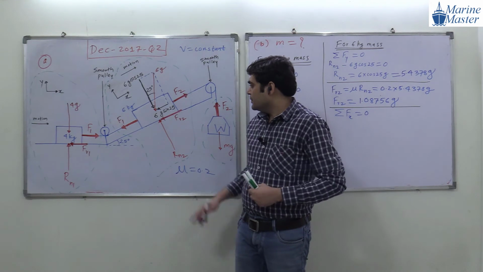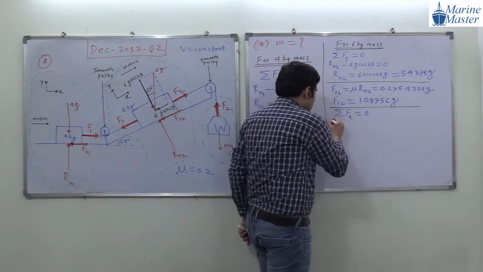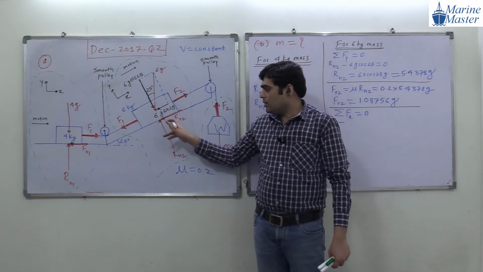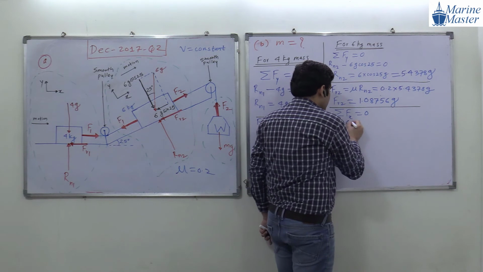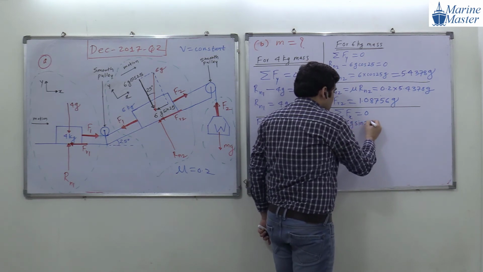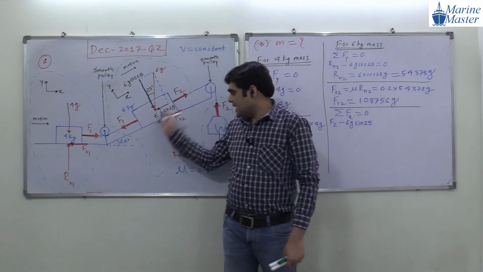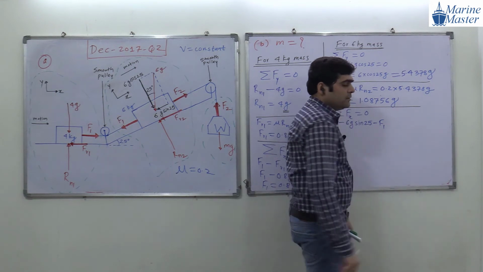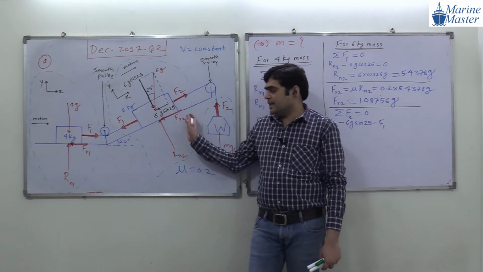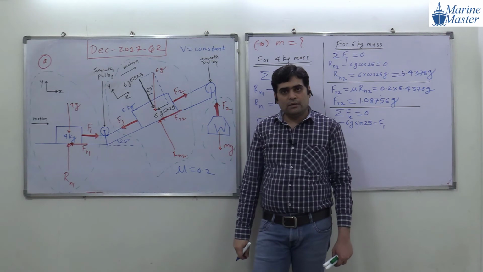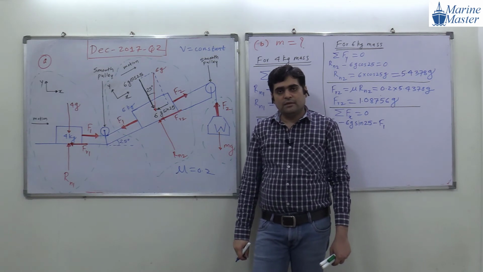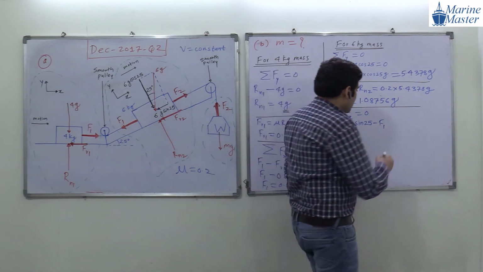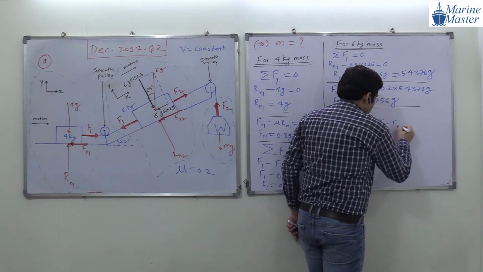Try to see the scenario. First of all, F2 is positive. Then we will have minus 6g sin 25, not cos 25. Then minus F1. Is there anything remaining here? Guys, check it once again. Is there FR2? Correct, FR2 is remaining. Very good. So the remaining is FR2, and it is equal to 0.